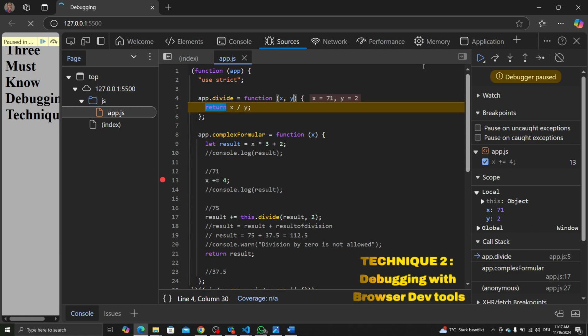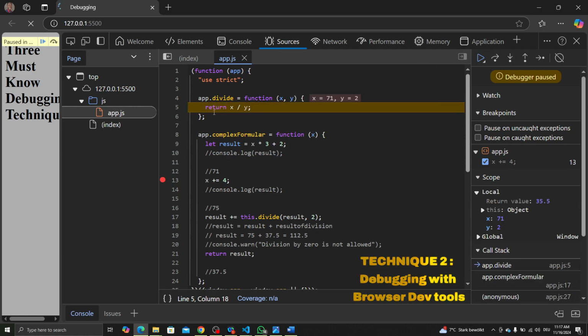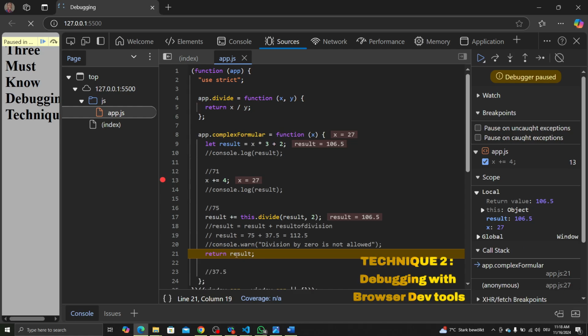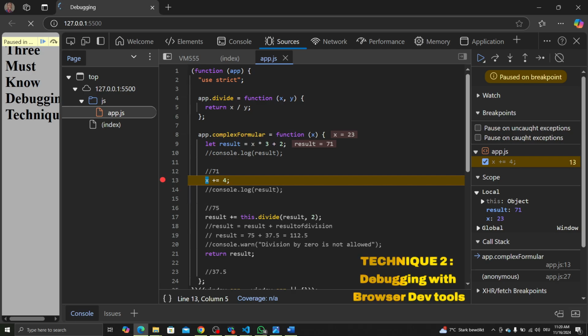And then if you still click on step into, it goes to do the return, the division, step into, and then it goes to 106. So the result here is 106. So you have to go through each line to see, okay, what is the value I'm getting, and is this what is expected? Okay, so the step over, which is this,